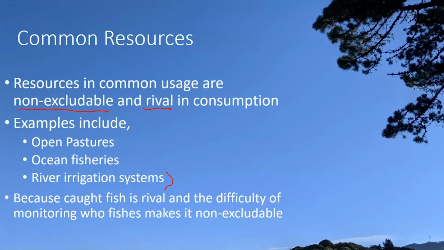And the farmers who are at the lower end of that river are going to be negatively affected by the decisions made by the people at the upper ends of the river. Okay? Again, this is an example of a product or a good which is non-excludable and rival in consumption. So let me explain the details of that. Think about fish. Fish being caught in the ocean fishery. Fish is rival because the fish that's taken out of the ocean is going to be used by that fisherman, taken to the market and sold and used as a private good. Once that fish is taken out of the ocean, it's not available for anybody else to use. Okay, and that's why the ocean fishery is rival.